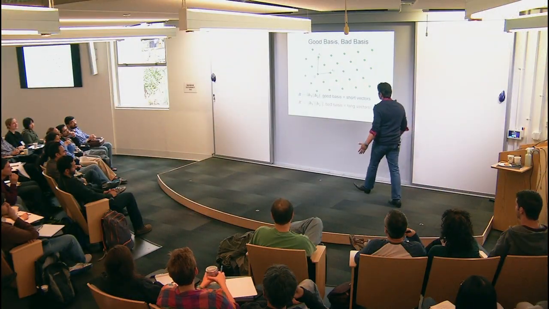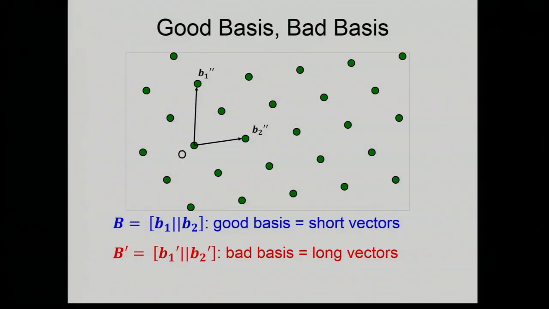One doesn't make a party. Yes. It's not a basis. It's not a basis. Excellent, right? Because if you look at it, this guy cannot be generated as an integer linear combination of these two guys.